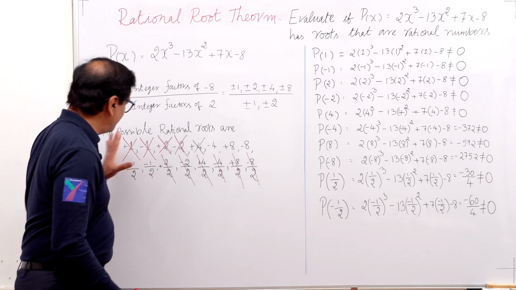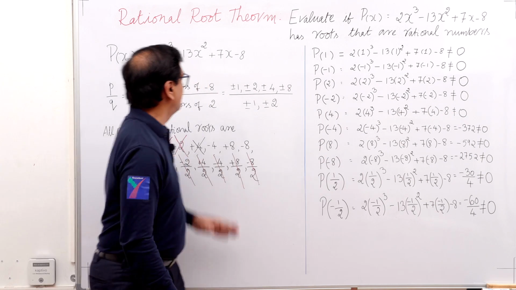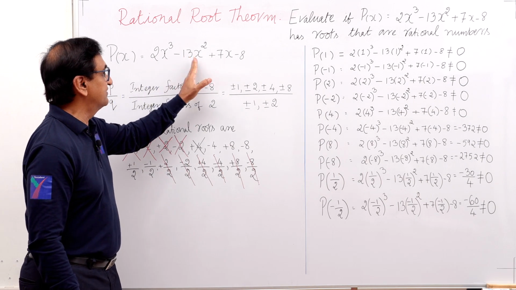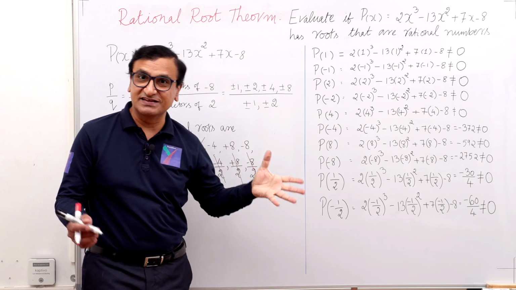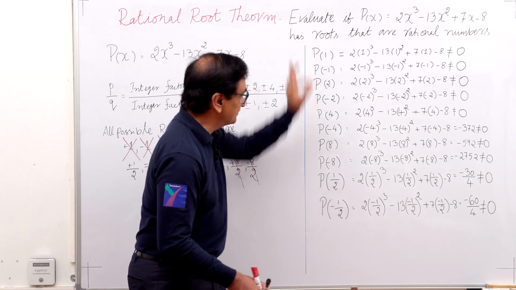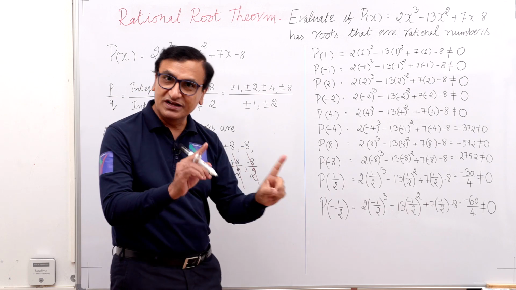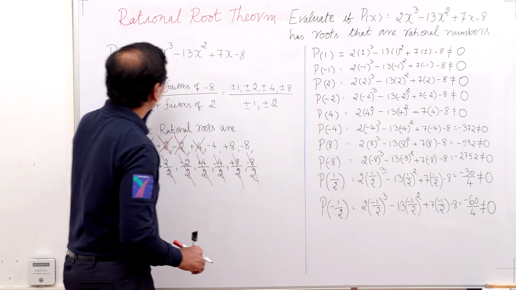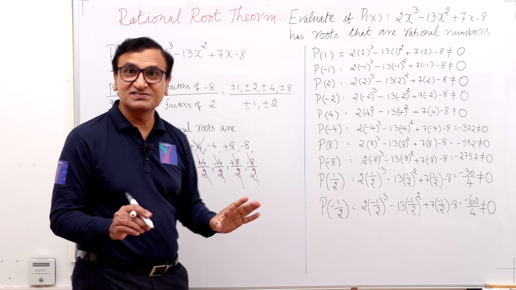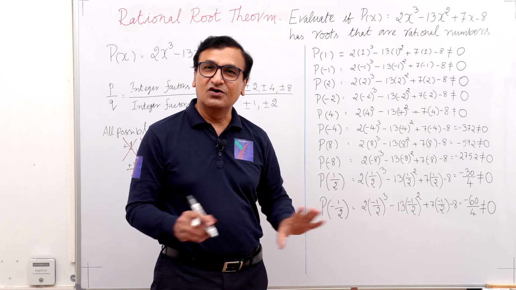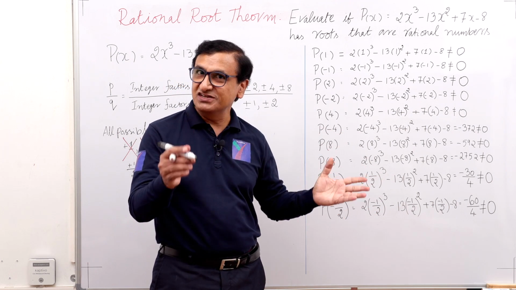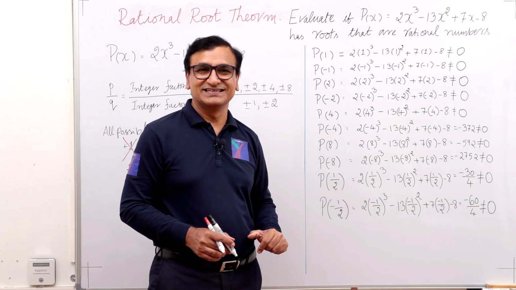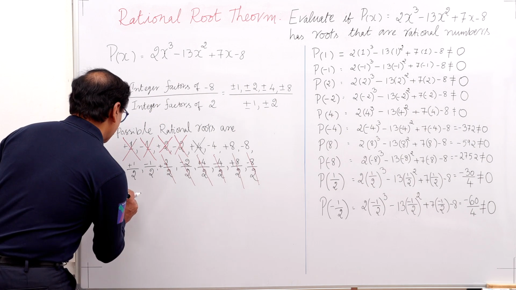Okay, so none of these numbers is a root of the equation p of x equals 2x cubed minus 13x square plus 7x minus 8 because when you plug in these numbers, p of x is not equal to 0. Therefore, the polynomial p of x has no rational roots. All the roots are either irrational or complex numbers. Okay, so let me write that down. Therefore,